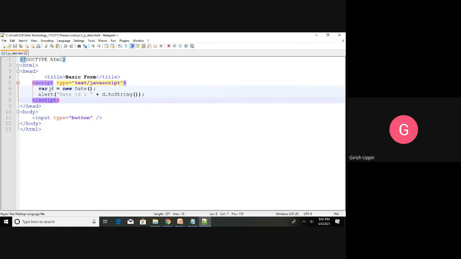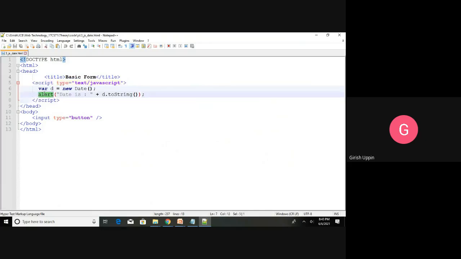First one, I have declared a variable d, and I have created a new object of type date, and that new object's reference has been assigned to the variable d. Now d will have a new object, new Date. Then alert "Date is", then concatenation plus d.toString. So whatever the date object I have, d.toString. And that is the end.